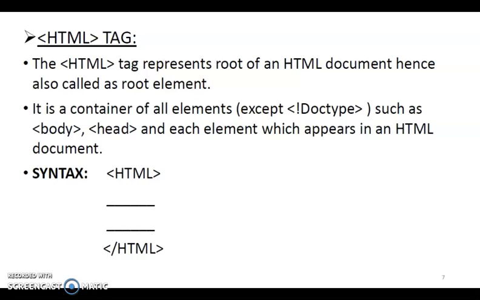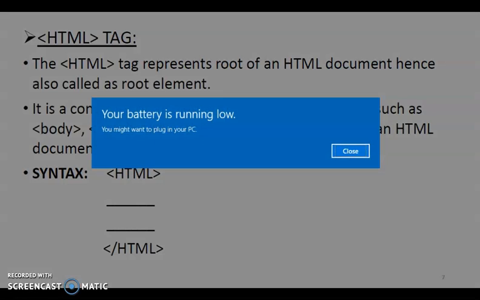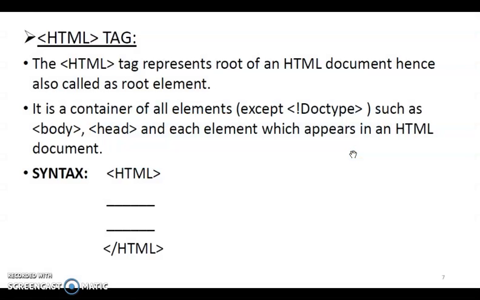Now see the first main tag of HTML, that is the HTML tag. This tag is also called the root of the HTML document. Why? Because whenever we write HTML code, the HTML program starts with the HTML tag only. So this tag is also called a container tag.